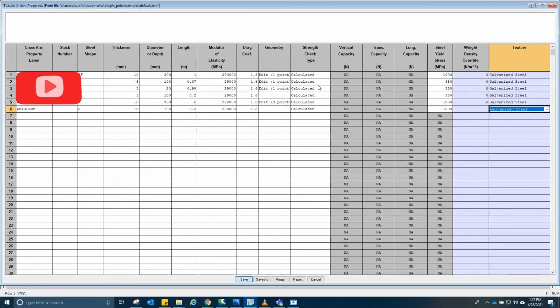So in short, what you need here in the tubular cross arm properties would be the label, the steel shape, the thickness, the diameter or depth, the length, the modulus of elasticity, the drag coefficient, strength, check type, basically all of the white cells. And this one is the texture for the visual representation of the steel. So for now, this should do it. So we now have the database for the